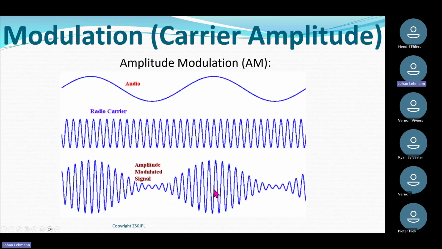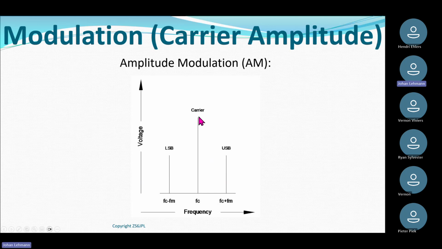So I'm just going back to this one quickly. If I overmodulate an AM signal, I get distortion, I get harmonics, which is not required, which is not needed, and it upsets other people in the band where I'm working. So I've got to make sure that I control my amplitude properly when I do amplitude modulation. 2/3 of my energy is wasted. It sits in the carrier, and then the remainder is 50-50 between upper and lower sideband. So a very inefficient method of modulation, but it exists.